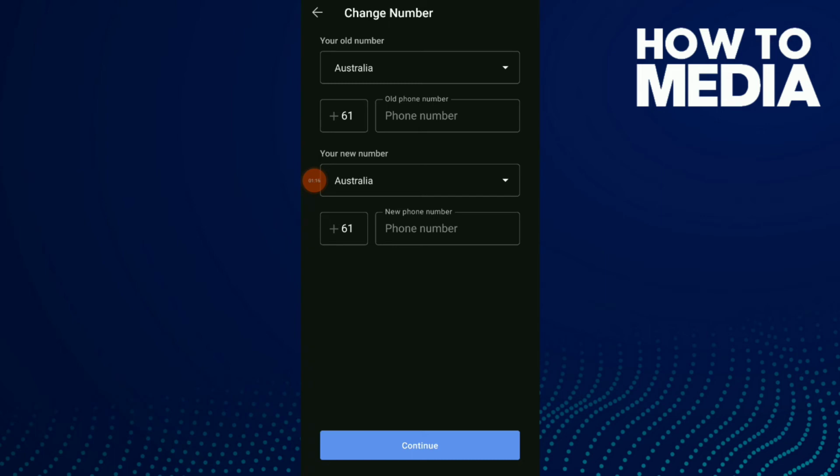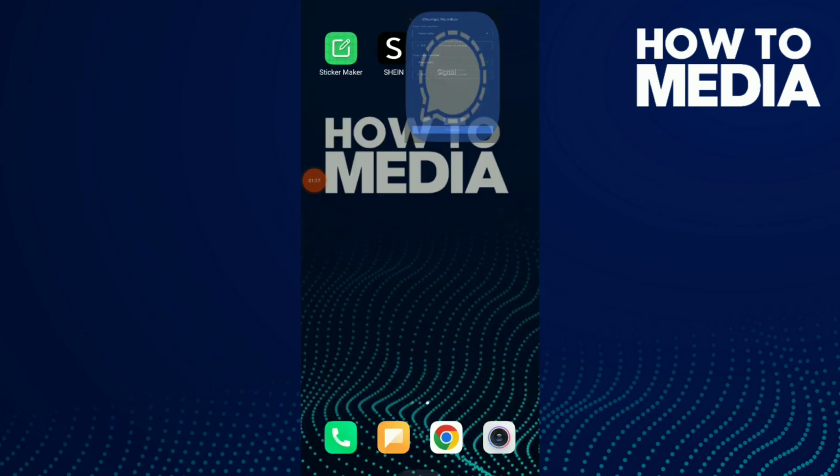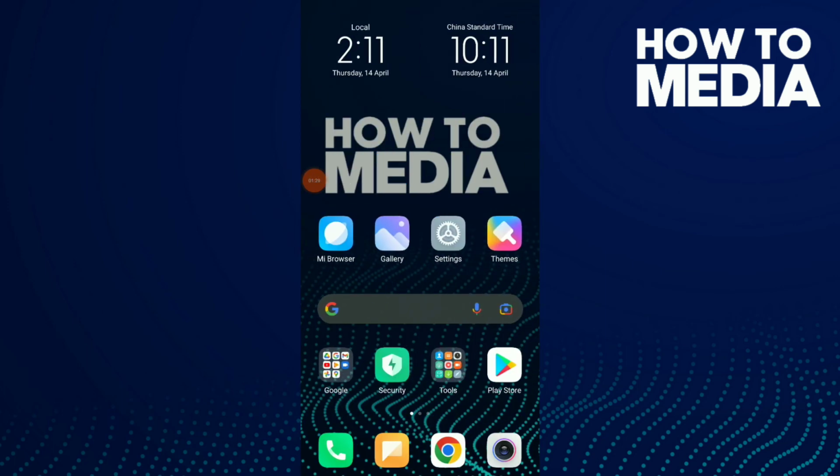And now you can tap your old phone number and your new phone number and click on continue, and they're going to send you an SMS or they're going to call you to send you a code, and you can tap the code